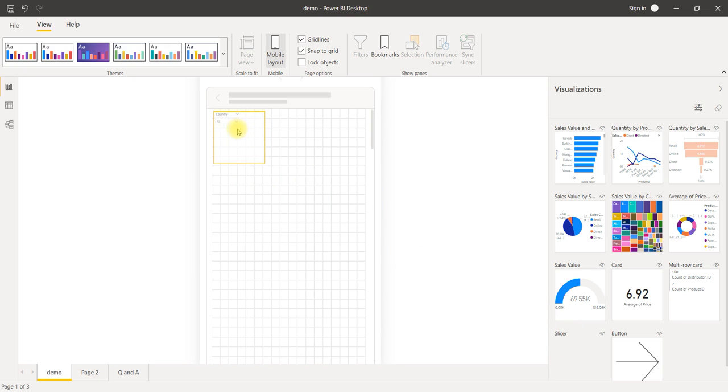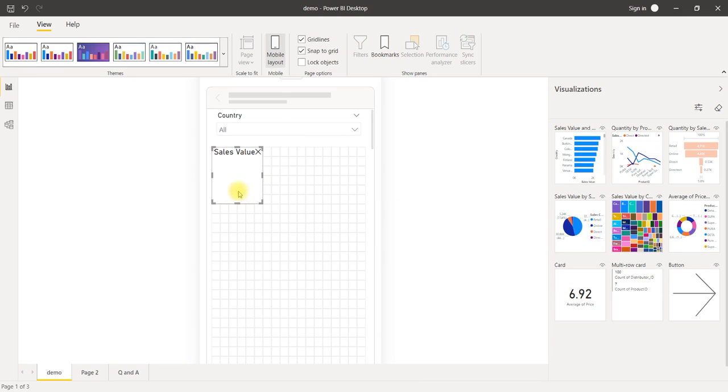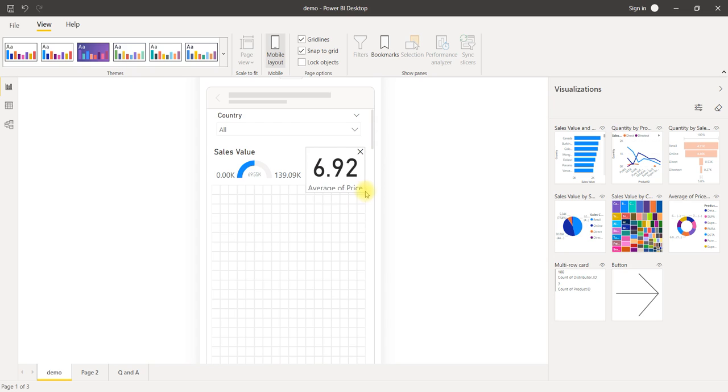First, the one who logs in will start searching for a particular country. Once he has searched for a country, I need to show him an indicator. I will show it like this. The indicator has been shown. Then the average value we would like to show him, like this. Then it comes to the multi-row card.